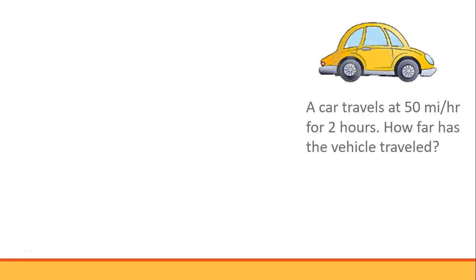Suppose that a car travels at 50 miles per hour for 2 hours. How far has the car traveled? Well, you probably know already the car must have traveled 100 miles. But let's look at this problem in a little more depth so that we can attach some mathematical meaning to it. Now we know that the car traveled at 50 miles per hour, so we know that its velocity was